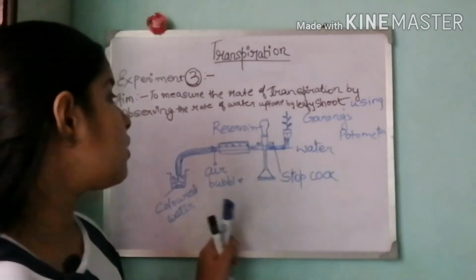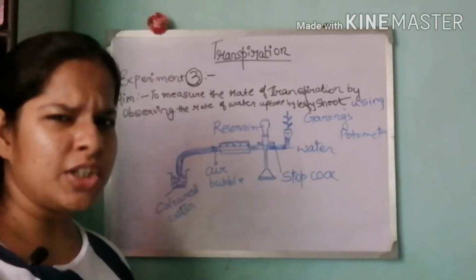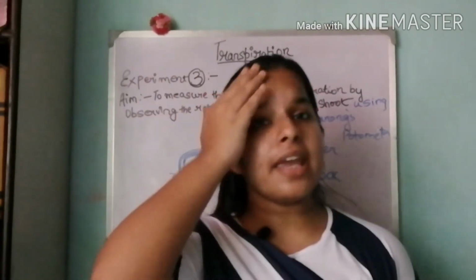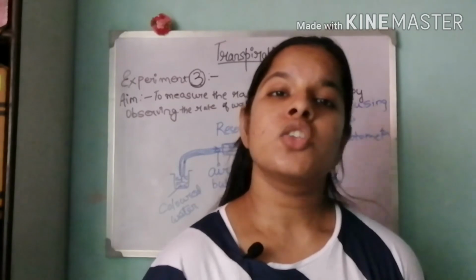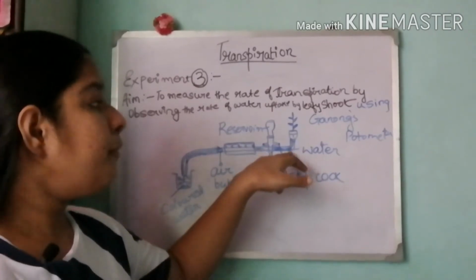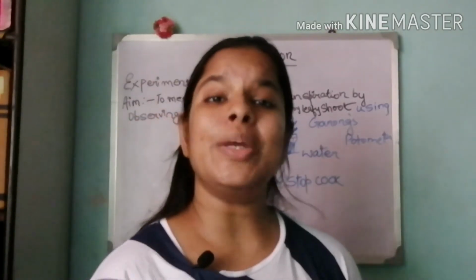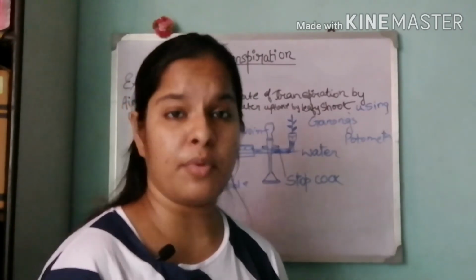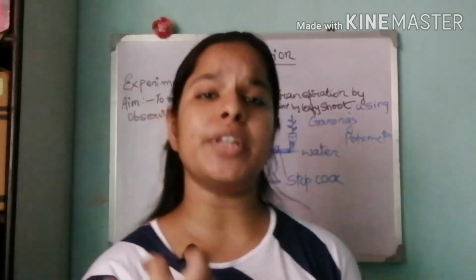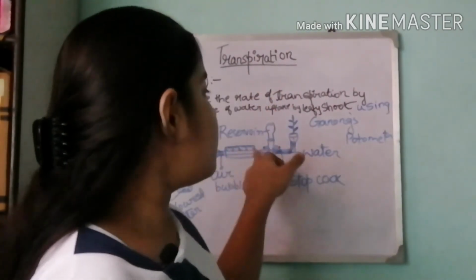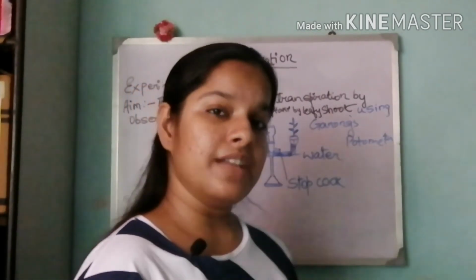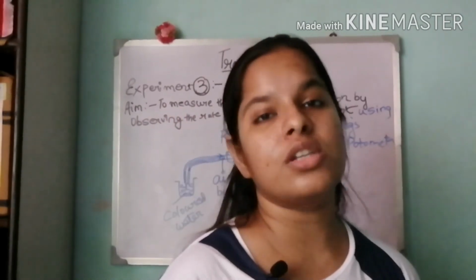Okay, so what can be the observation of this experiment? It is very simple to understand, very simple to remember too. The observation will be that when the water is lost, a suction force is created. Due to this suction force, the plant has to take in water through the stem, so that it can compensate for the loss. When this suction force forces the plant to take up water, the air bubble moves, and a reading is recorded on the scale. Through this reading on the scale, we can understand the volume of water lost.